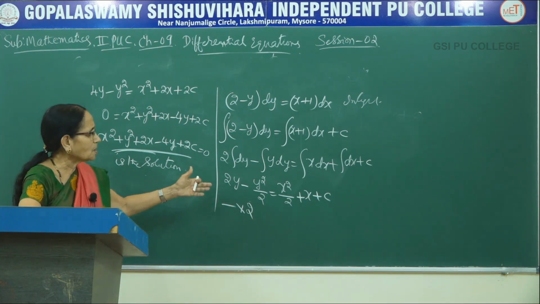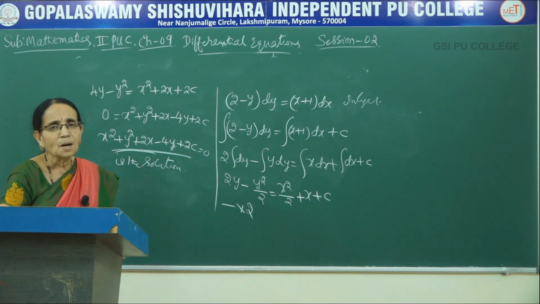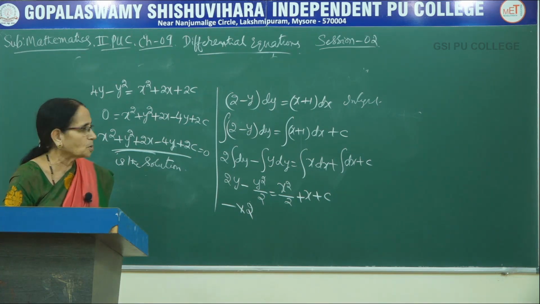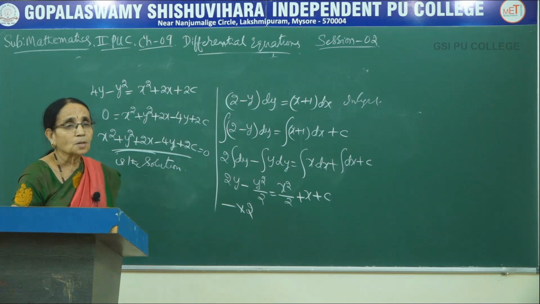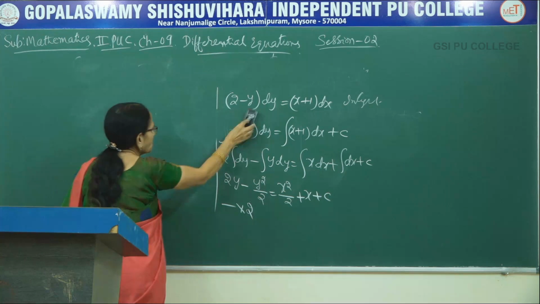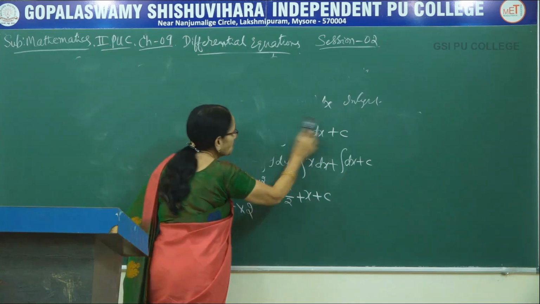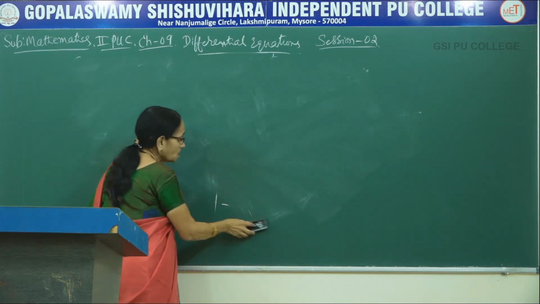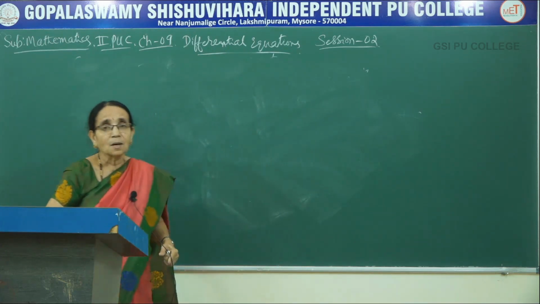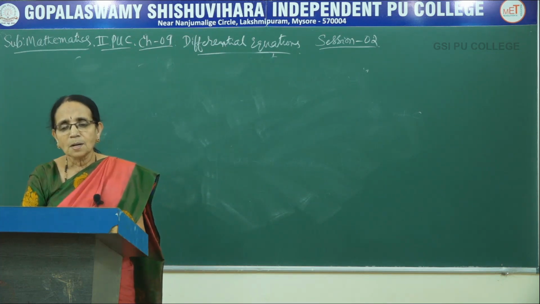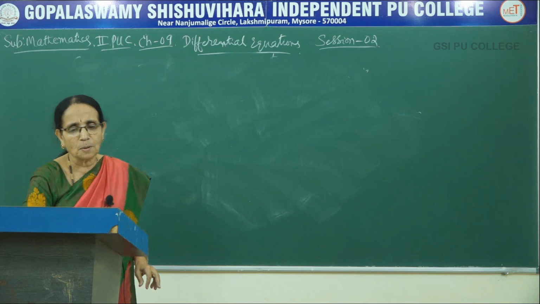I am just writing, because the 2 was in the denominator position, I am readjusting the terms to bring it to a particular form. If it is possible, you do, otherwise not necessary, okay? Because generally they do not ask you to write the answer in a particular way. But when the logarithmic functions are there, better you use the logarithmic rules, because in such problems generally they expect the answer in a simpler way. Now let us move on to the next problem.